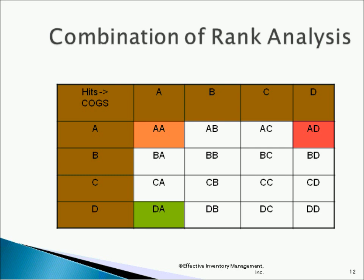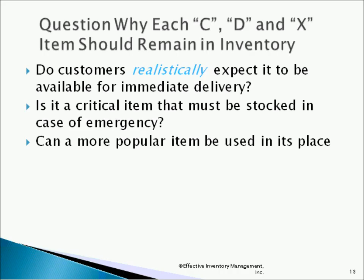But what I'm particularly interested in is the AD items. You see those in red in the top right-hand corner. Those are very high-cost items. They are A ranked based on cost of goods sold, okay? But low activity, D ranked based on hits. Those are the first ones I want to ask my salespeople, do we really need to have them in stock? Can I make these special order items? They're very expensive. We don't sell them that often. Do we have to have them to